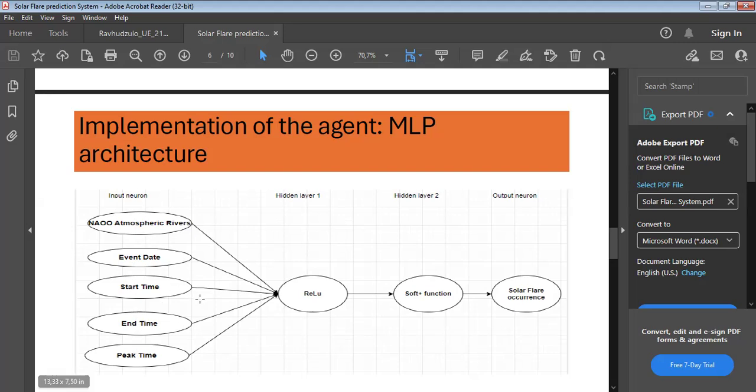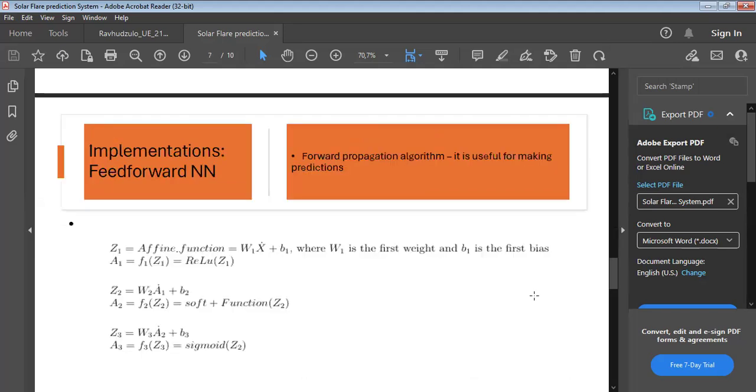They are subjected to weights that are stored on this edge, then sent to this vertex here where they are subjected to ReLU, weighted, added, and have the bias added to them, before they are sent to the second hidden layer, and then to the output neurons, where a sigmoid value is used to make the final predictions.